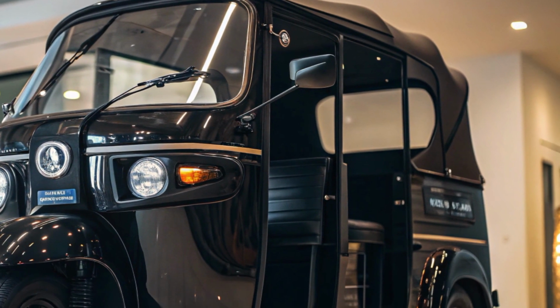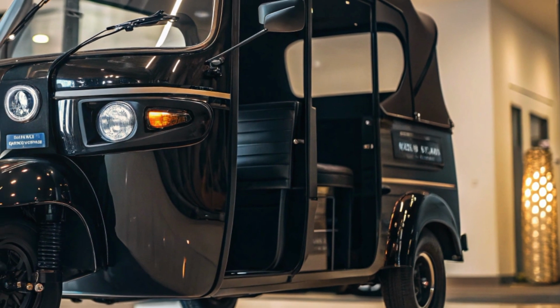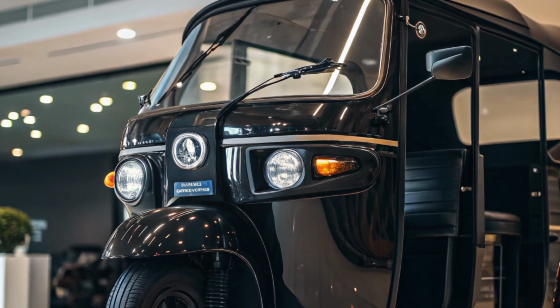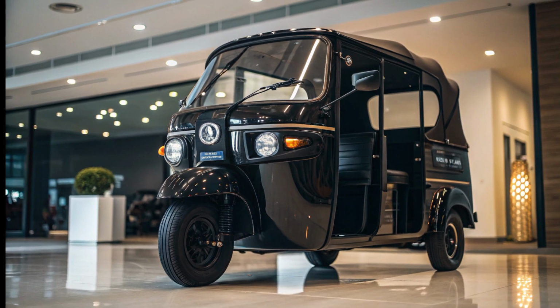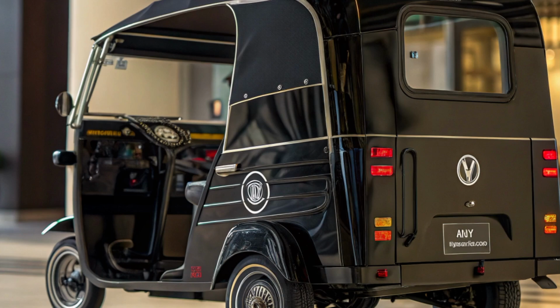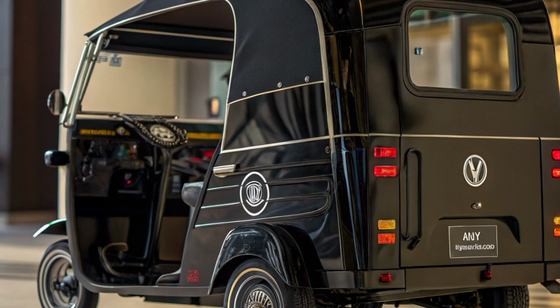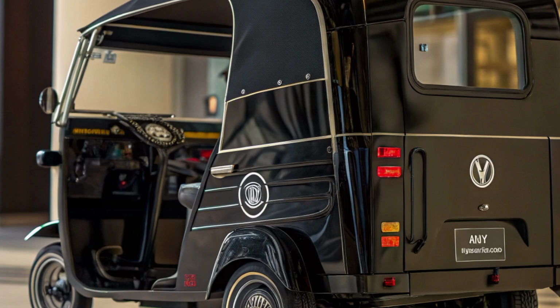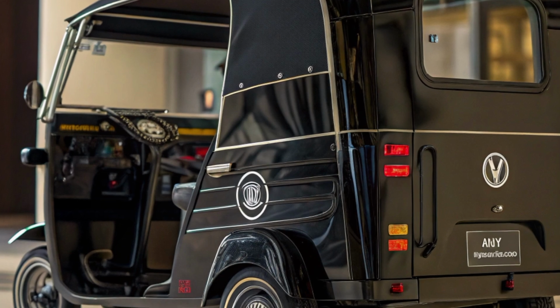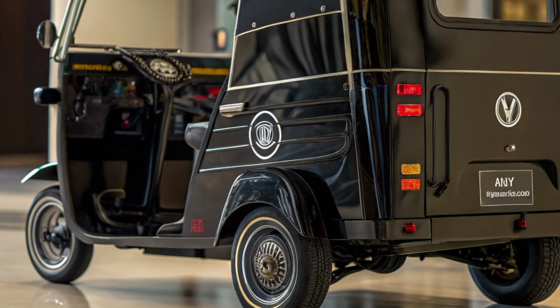The seating has been reworked with ergonomic cushioning and better support. There is increased legroom and improved suspension, which means fewer bumps felt over rough roads. The rickshaw comes with a digital display for speed, battery level, and other important metrics, along with smartphone connectivity features in higher trims. A USB charging port, LED lights, and reverse gear assist are all thoughtful additions that enhance the